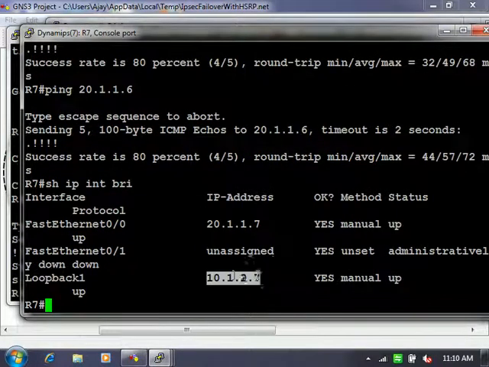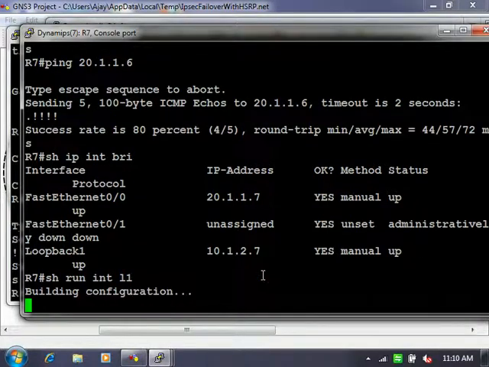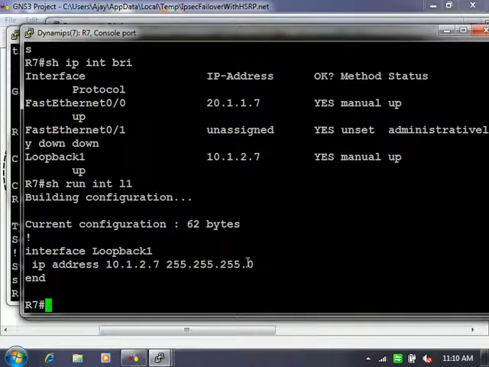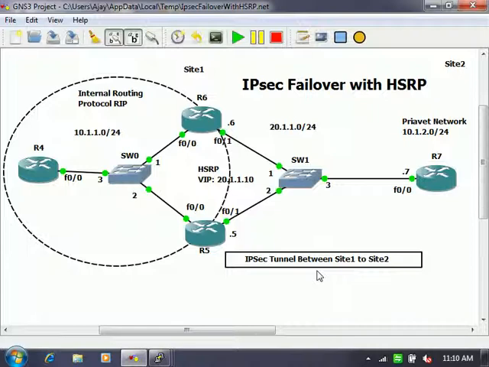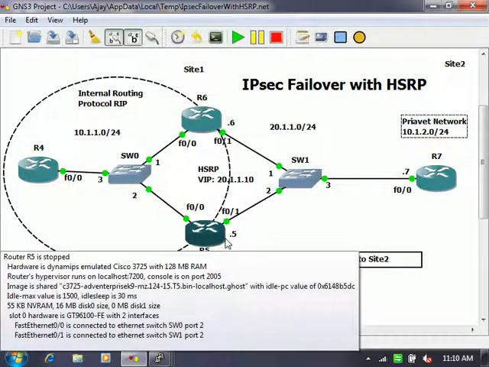Only one network, 20.1.1.0/24. Now whatever we have seen so far, you can see in this diagram. This is the complete private network, and these are public IP addresses.